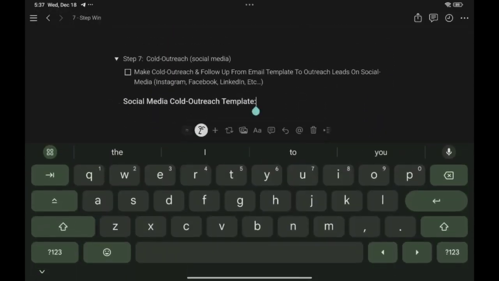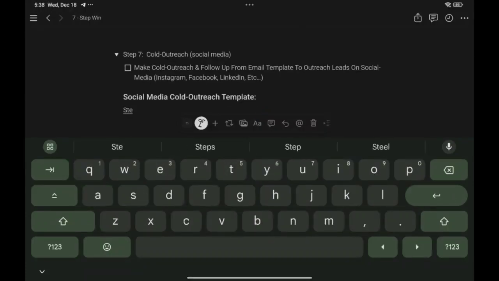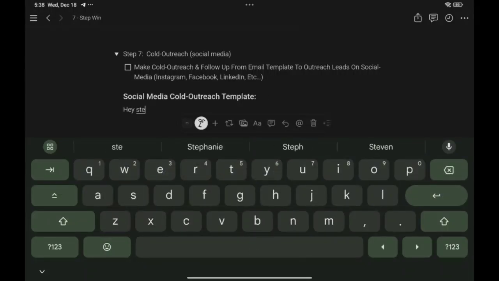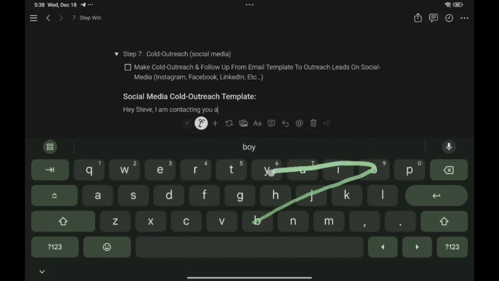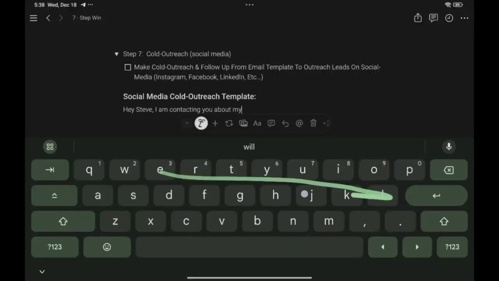So here's an example of a social media outreach template. You could go, hey Steve, I am contacting you about my emails.